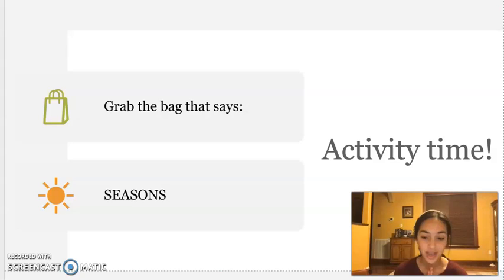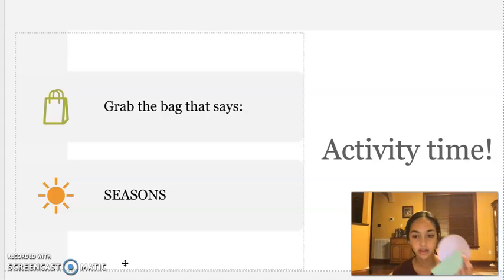Alright, so now we have our activity, and what I'm going to do is ask you to grab the bag from your box that I gave you at the beginning of the year that says seasons on it. It should have circles in 4 different colors and a glue stick and some crayons in it. Okay, so now that we have all of that,